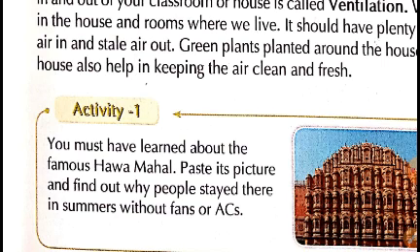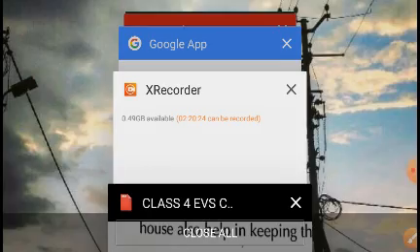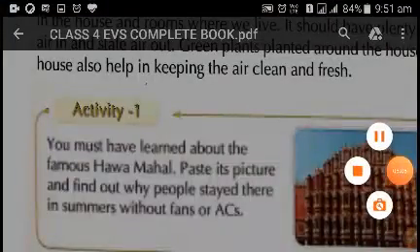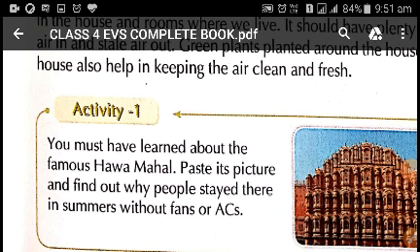So the kitchen should have a chimney to let the smoke out of the kitchen or the house, and also we should have exhausts in the rooms so that the odor or the pollution is thrown out or removed from the room. So children, we have discussed this in the previous chapter also, and here also we are discussing the same, how ventilation is very important for an ideal house.